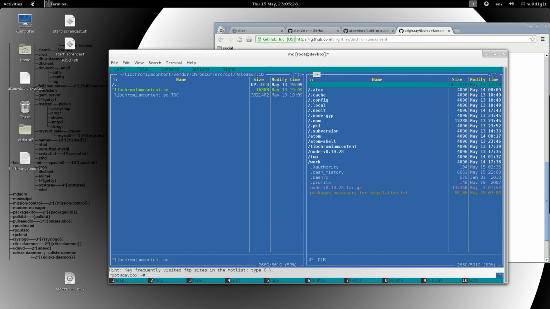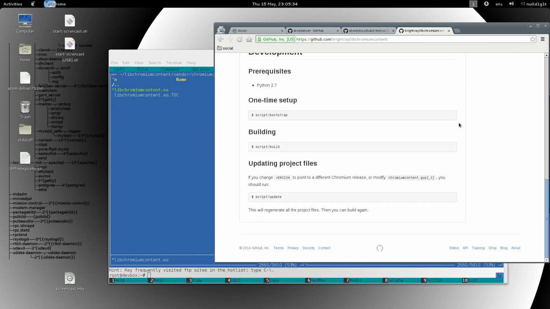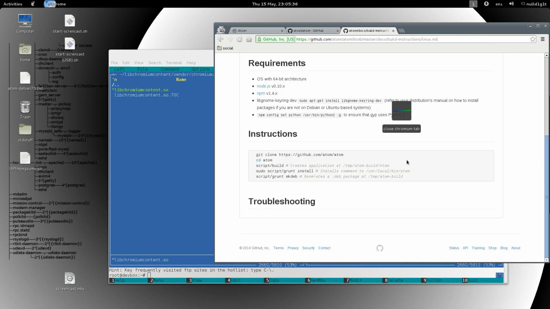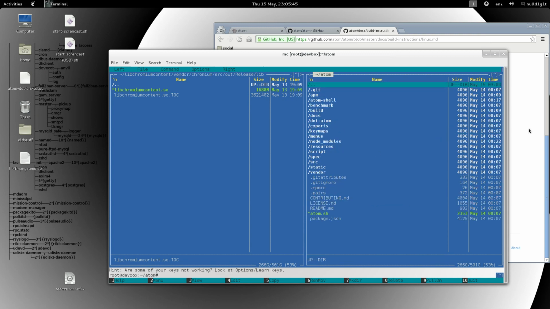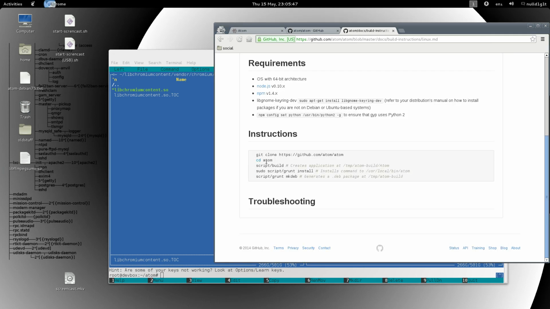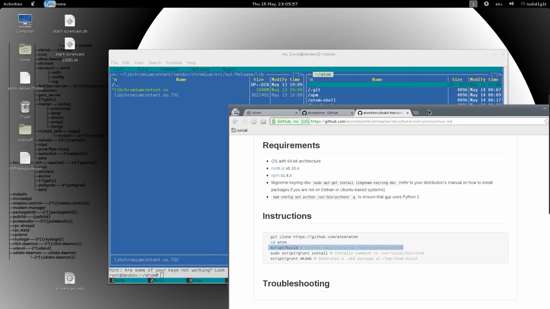Okay, so once you have compiled it, you start the process. You start the build process for Atom, so you go back to your Atom folder and start the build process. Once you are happy with the build, you stop after building. It takes some time, so you have to be patient. But once it's done,